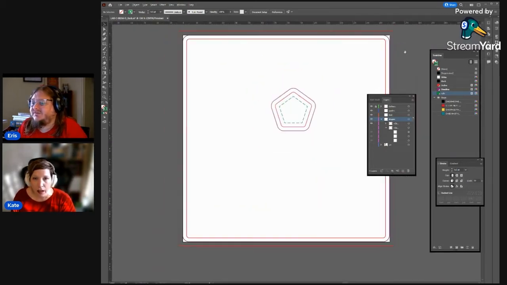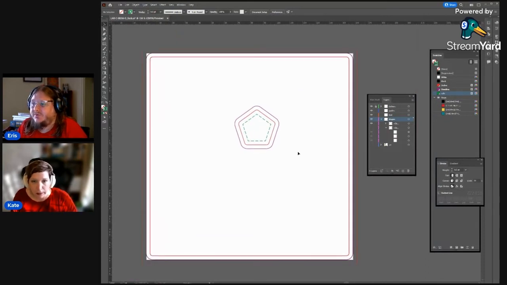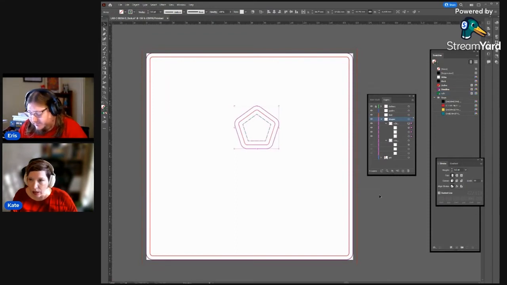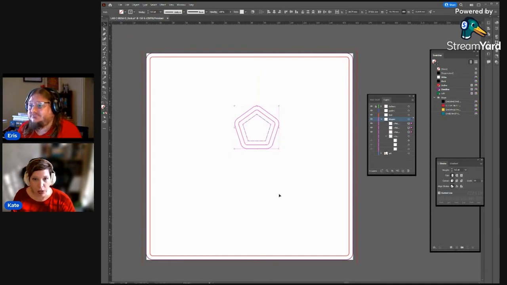Just for those that don't know, in Illustrator, to group, if you select your objects, you can also use Command or Control G. Is it just G to ungroup, or is it U? Now I'm having a mental blank. No, it's Control Shift G on Windows, and your mileage may vary. Command Shift G. It's funny how some stuff I do without thinking, on autopilot. Your fingers just know where it is. So I can ungroup that particular thing. I just used Control Shift G. And now each of these is a separate thing.